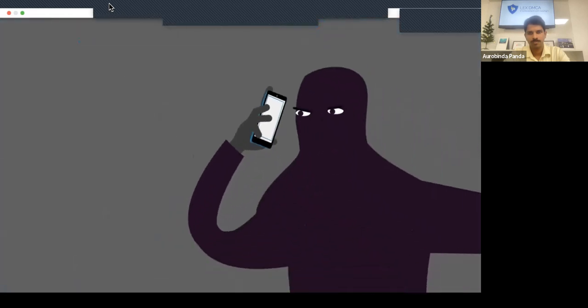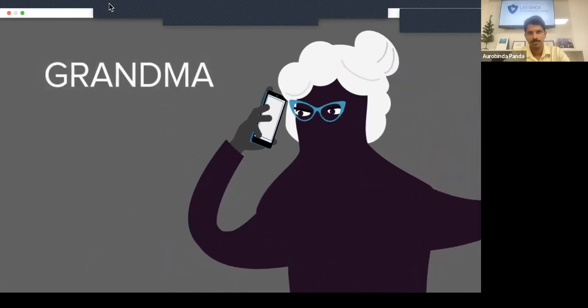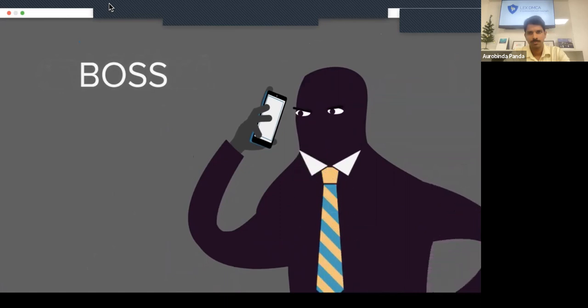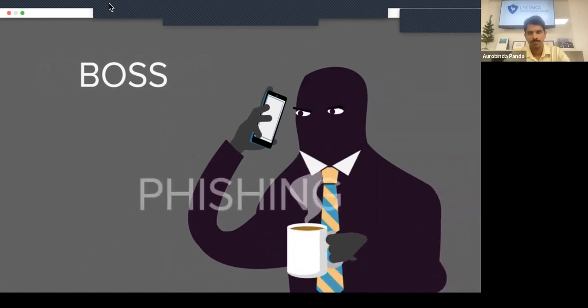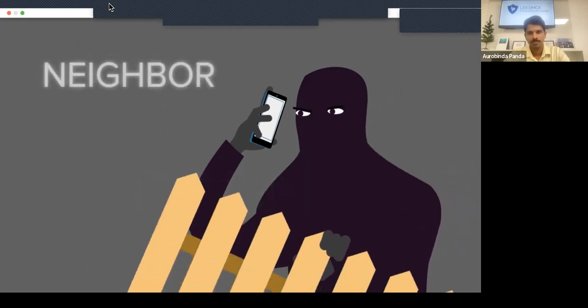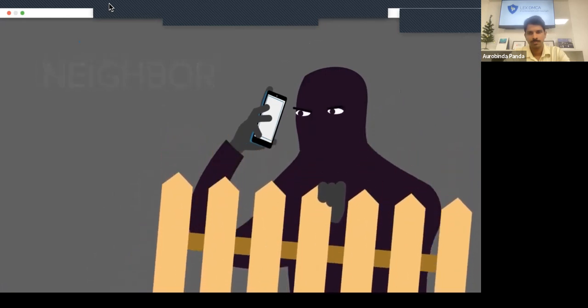Sometimes they rely on social engineering, which is when the fraudster manipulates or tricks a victim into giving up information. A common form of this is phishing, where a fraudster impersonates a trusted individual or entity and asks the victim for sensitive info.